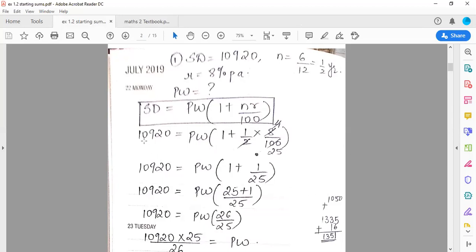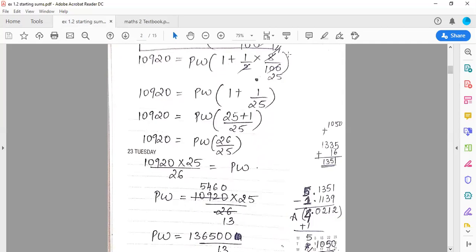Okay. So 10,920 is equal to PW bracket open 1 plus half into 8 upon 100. After the cancellations, I am left with 1 upon 25. अभी बीच में plus sign है, so we'll do cross multiply. So 25 plus 1 upon 25, PW 26 upon 25. Now there is multiplication in between. So the next step we can do is we'll apply cross multiply over here. So with the help of cross multiply, I can send 25 that side. So 25 will go up and 26 can come down. So as you can see in this step,